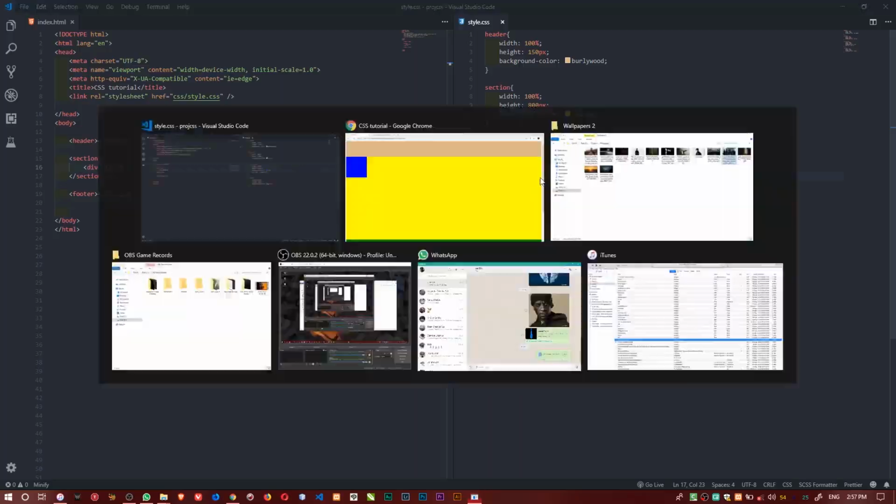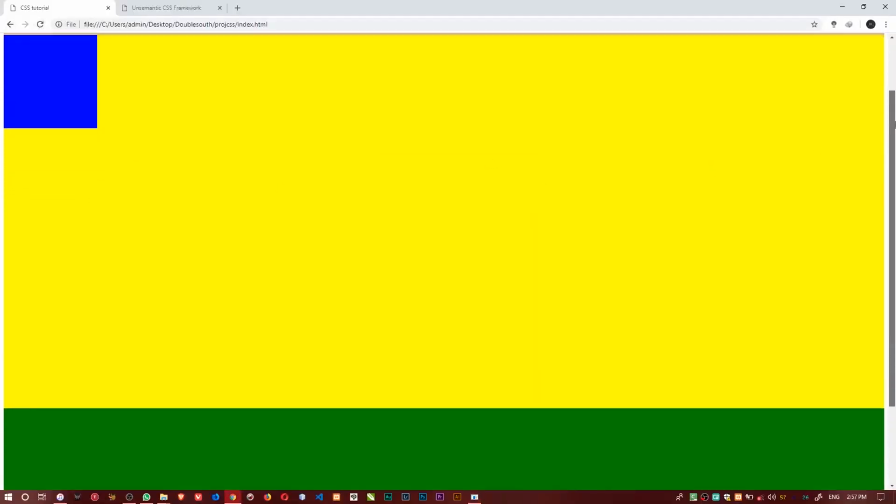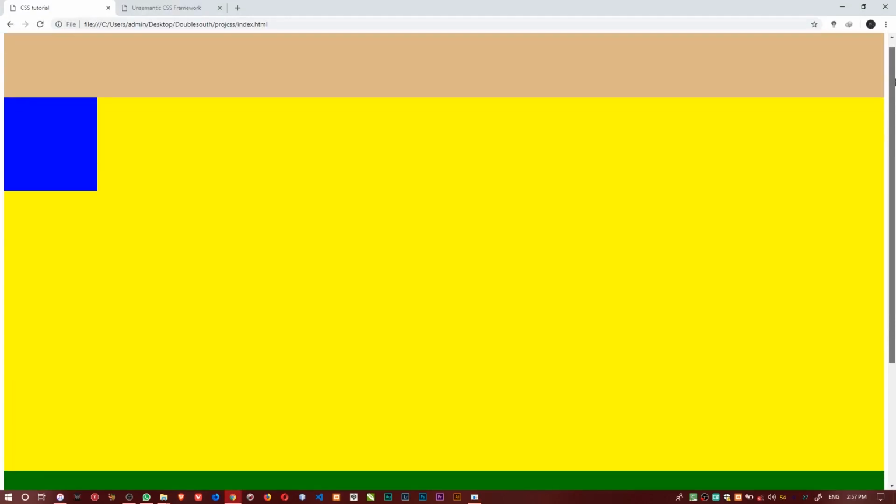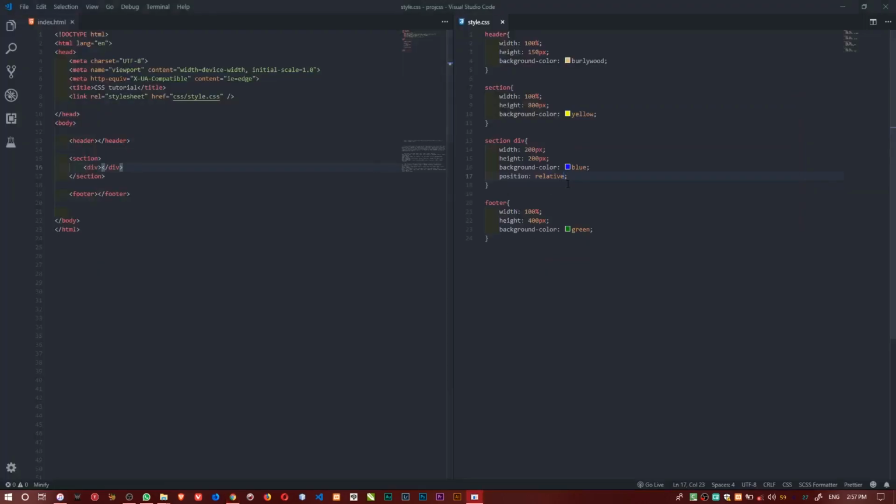If I put on relative now, by the time I refresh here, as I scroll, see, I say it is scrolling with the same thing. No, it is scrolling with the same thing. But if I come here now, I put that top now, so make a push from the top now, like 50 pixels from the top. You see, I say it pushes from this place, just like the way our normal padding and those things work. You see, sorry, the way our margin works, it pushes. Now, what did that say?